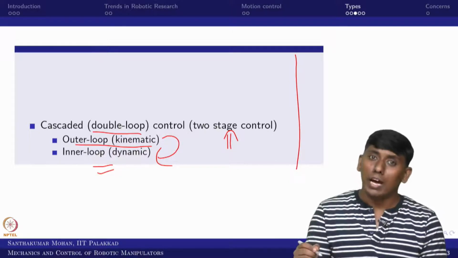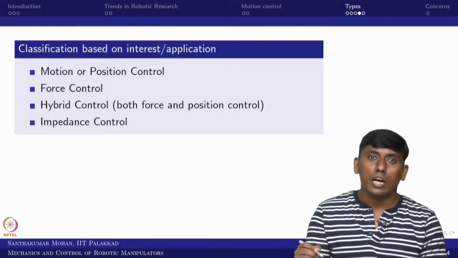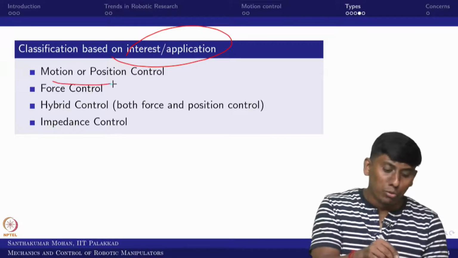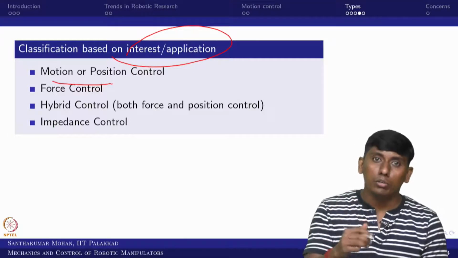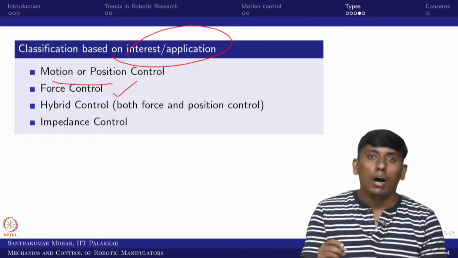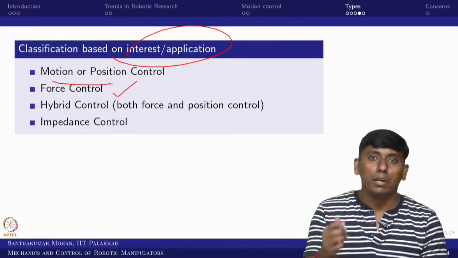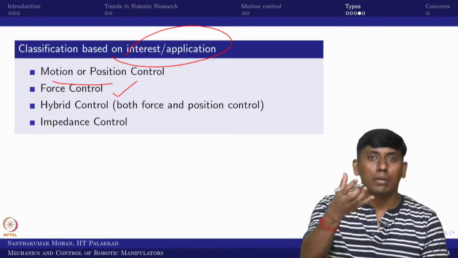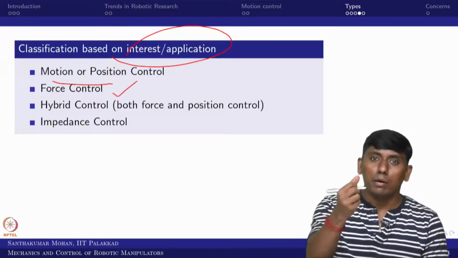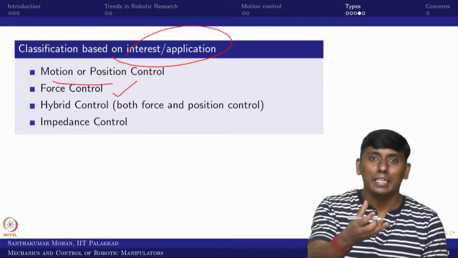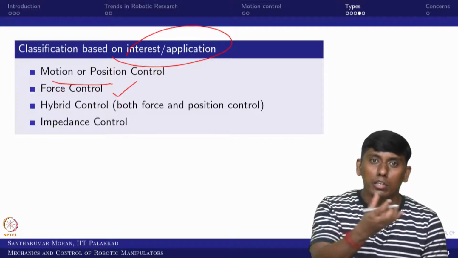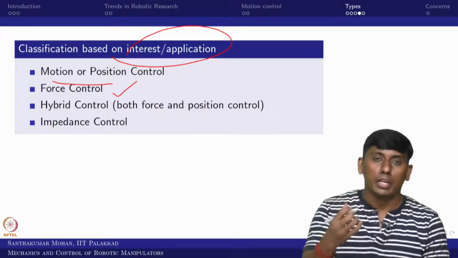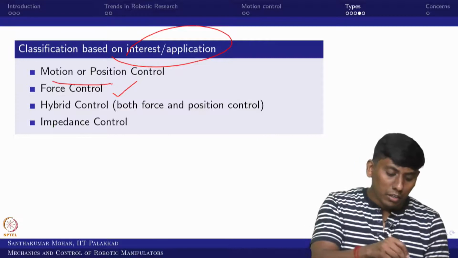So we will see what other classifications can come, based on the interest or the application. Whether it is a pure motion or position control, or you want pure force control, or it requires a combination. For example, now my hand is going to carry a bottle, and that bottle is probably fragile. So I cannot compress it. For example, I am carrying an egg. Then I need to make sure that the position is followed, as well as the force applied at the end. So that is also important. Then we need to think about the